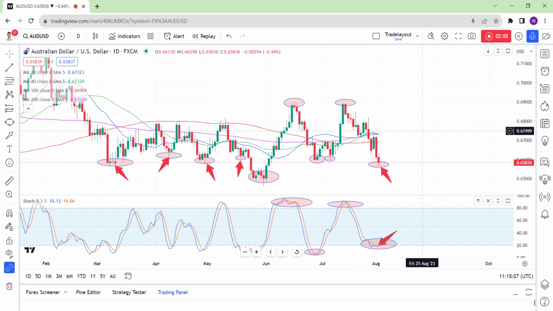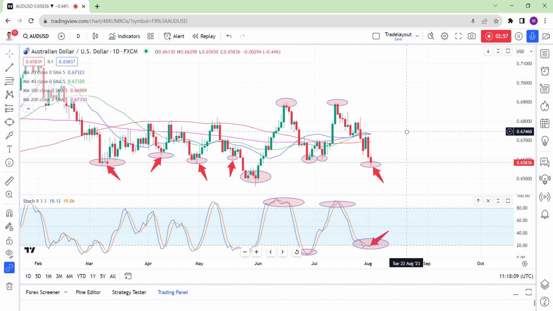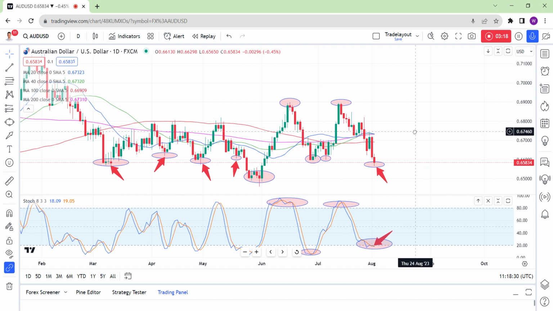And really, my strategy relies on reading charts and understanding how you can make a positive inference for the future. Or, in other words, how you can look at those charts and make a more probable judgment. Because at the end of the day, markets are all about probability, and your risk needs to be put in line with that probability. Okay, if something's more probable, you might just trade a normal size. We're not looking to go really heavy. We're not looking to go nuts. We're just looking to use past information to make future judgments. And that's all price action is. Price action is simply using the past to understand what's likely in the future.